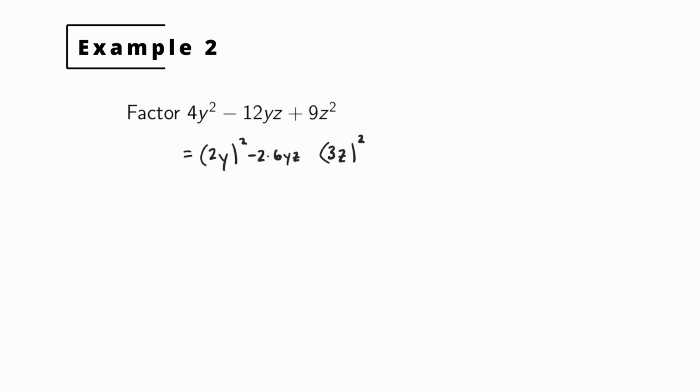And so we can factor this into 2y minus 3z, using the formula, quantity squared. And that's it. Here we have one last example. Again, first step, look at these three terms and ask, do we have common factors? And the answer is yes. All three terms are divisible by 3, and we also have a common factor of x. So you can first factor out the greatest common factor, 3x.